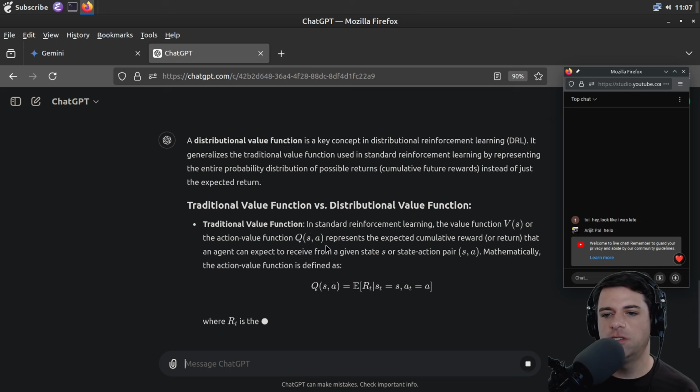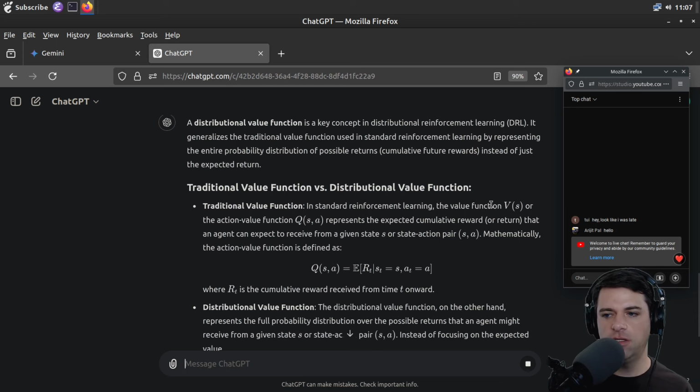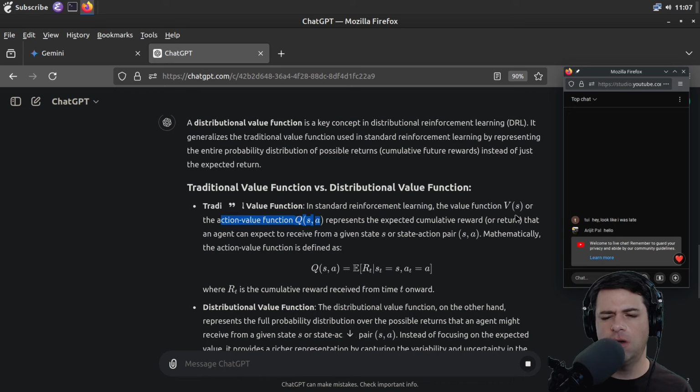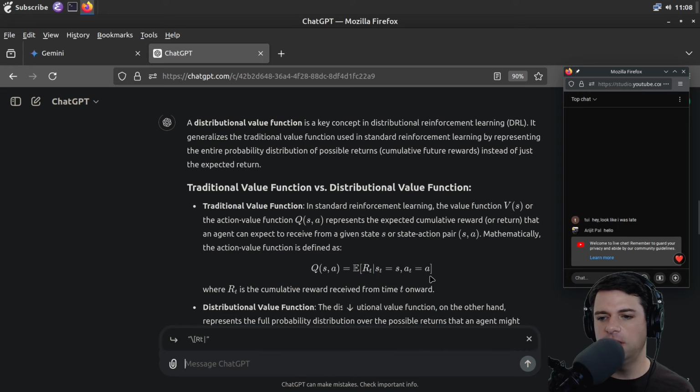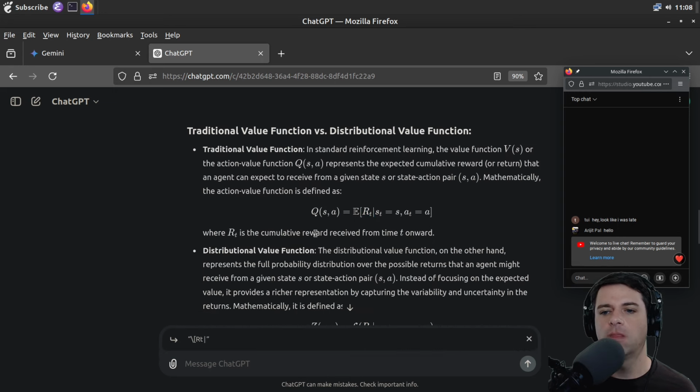So in the traditional value function, in standard reinforcement learning, the value function V of S is like the Bellman value function. For the action value function Q of S, A, S is the state, so the action value depends on state and the action, and represents the expected cumulative reward or return that an agent can expect to receive from a given state S or state action pair S, A. Mathematically, the action value function is defined as Q of S, A is the expectation of R_T,